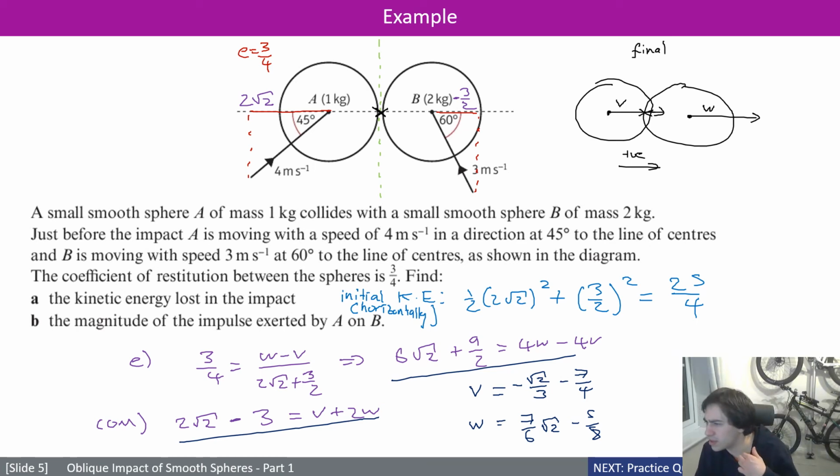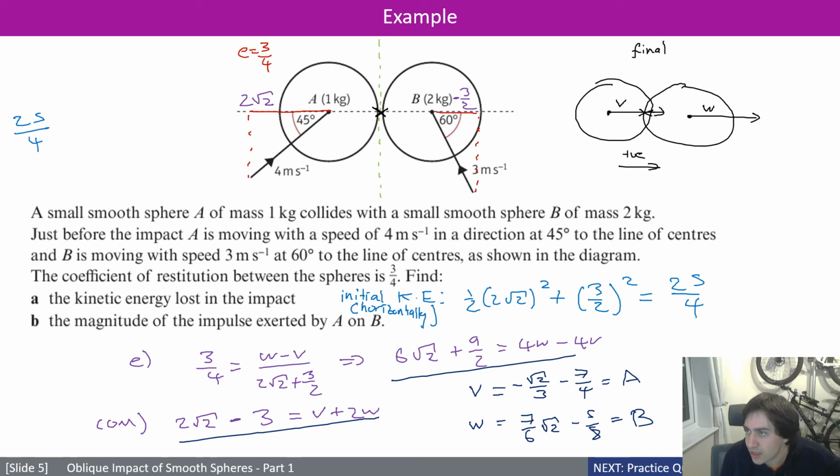And that is a positive number, isn't it? So that stays going to the right. Okay, and then kinetic energy lost. What we're going to have to do is probably store on your calculator. Let's just call that capital A, capital B, and our final answer is going to be